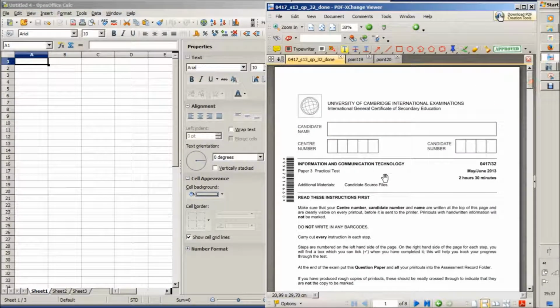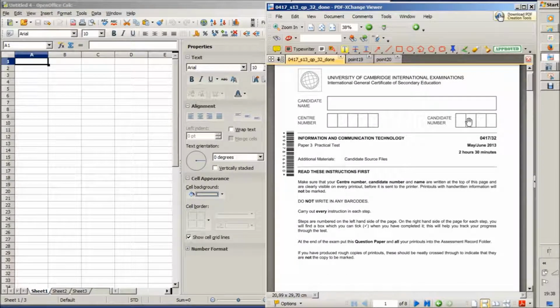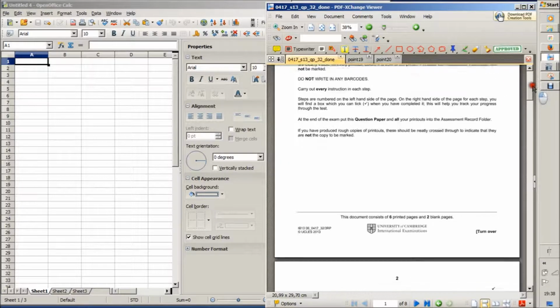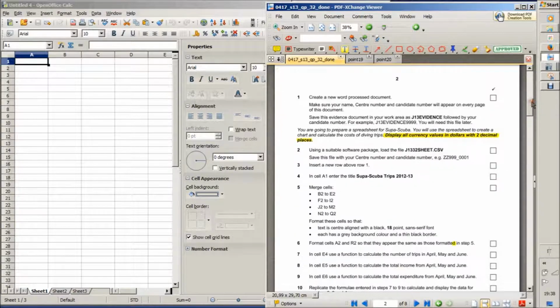Here I opened a new test for spreadsheets, May June 2013, 32 is the number of the test. As you can see, the most important thing is that you underline or highlight somehow the most important comments, not the most important comment, but the most important sentences that are